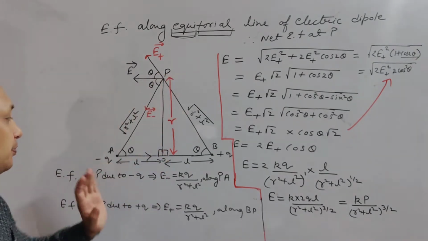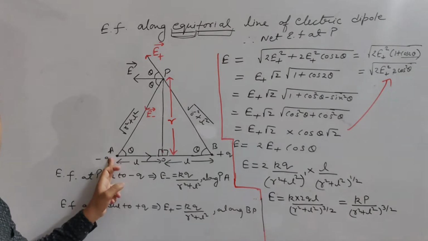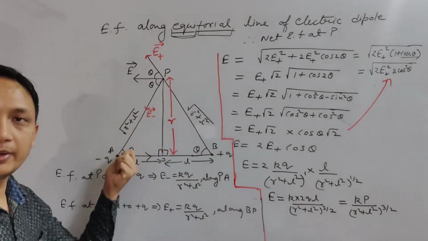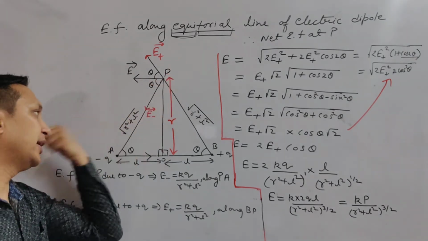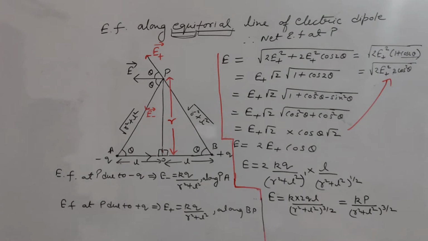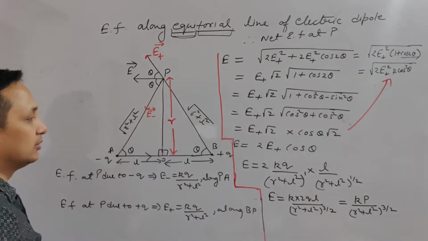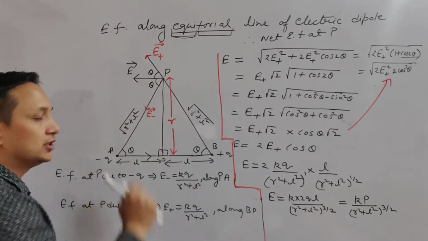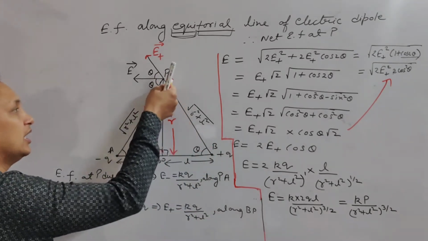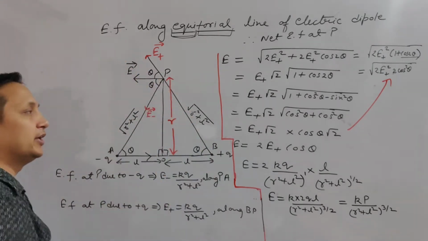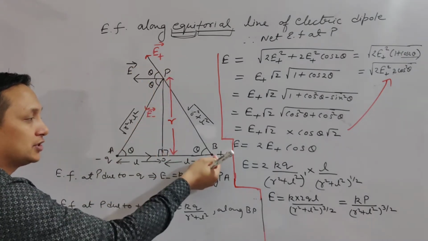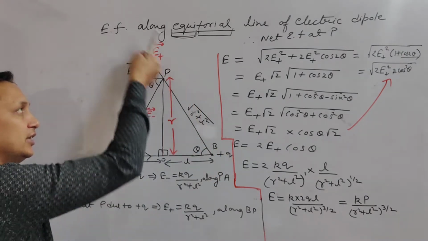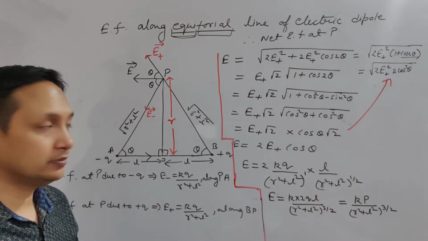So at P, electric field due to this negative charge, what will be the direction? Obviously toward the negative charge. Whenever you are having a confusion, put a unit positive charge here and see where it will experience a force. It will experience a force toward A. Is it clear? Similarly, electric field at point P due to this positive charge will be along B, pointing outward. Why am I saying so? Because if you put a unit positive charge here, repulsion will be there, force is there, electric field is also there. Is that clear?